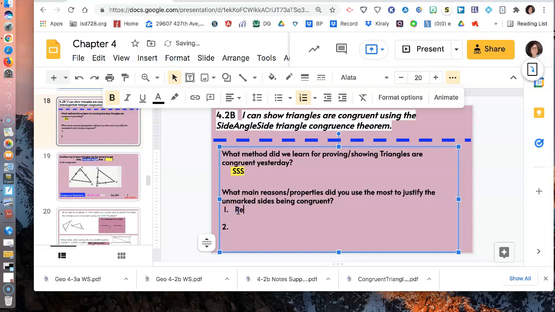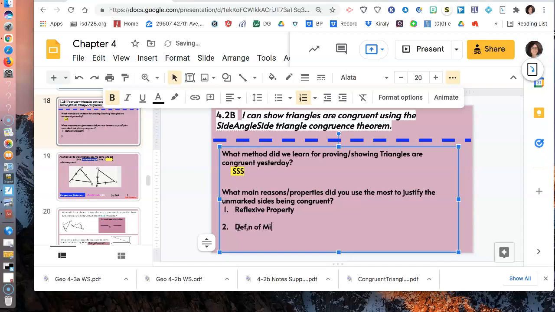And one was the reflexive property that basically just said a side is a side. So it's when we say side DB is the same as side DB because they butt up against each other or are shared. The other one was our definition